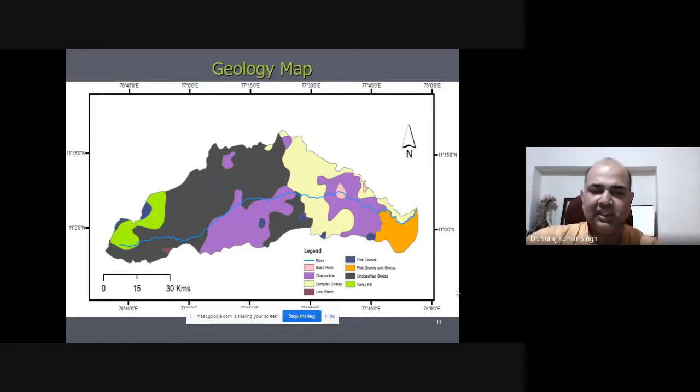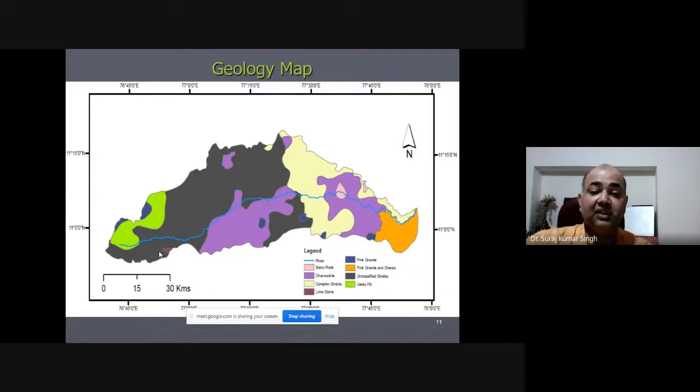So you can see that we have classified the entire area into different geological types. By seeing the current map, you can see which areas have basic rocks, and which have gneiss, limestone, granite and gneiss. So why is it important? Because when you say valley fill, the amount of recharge will be different from granite. Granite will have a different recharge from limestone. Limestone will have a different recharge from gneiss.